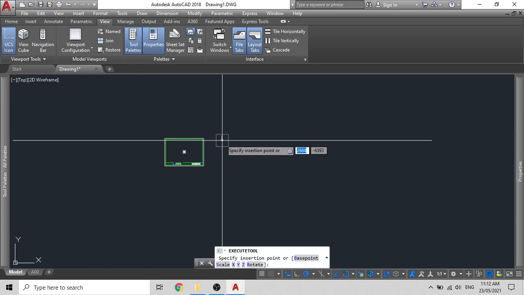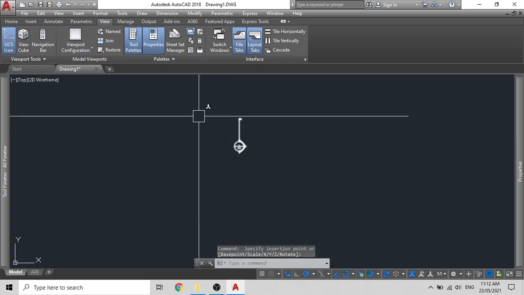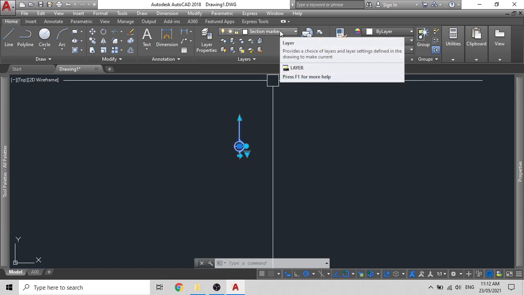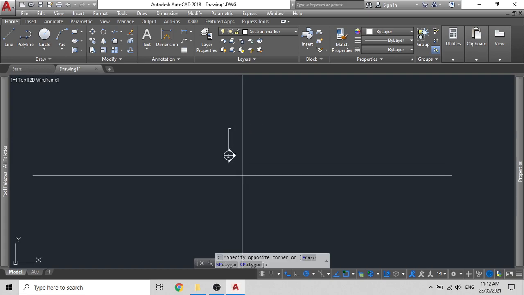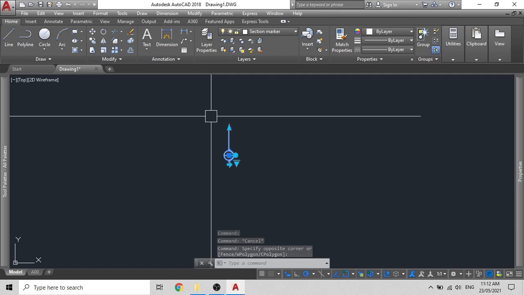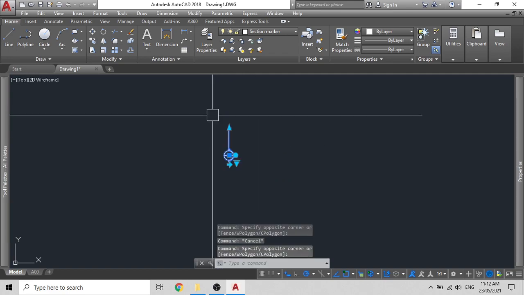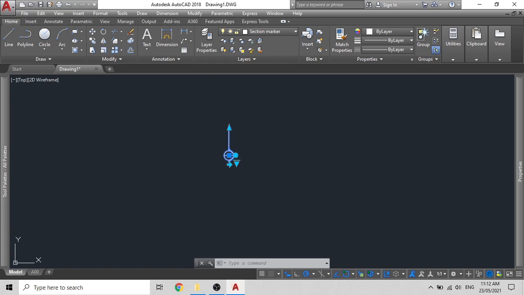Once you click on it, you can simply bring it to model space and just drop it anywhere you want. Click on home, click on this, and this is your section marker. It should be in the section markers layer. Now what we will do is we will edit this so that it looks neat and tidy in an architectural drawing. So to edit a block, simply select your block, enter the command BE for block edit, then enter.